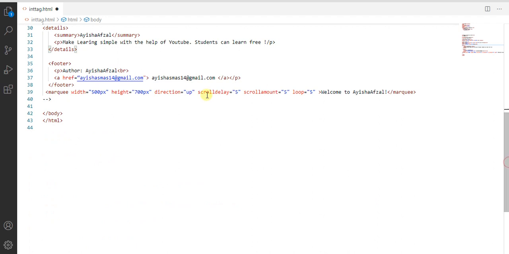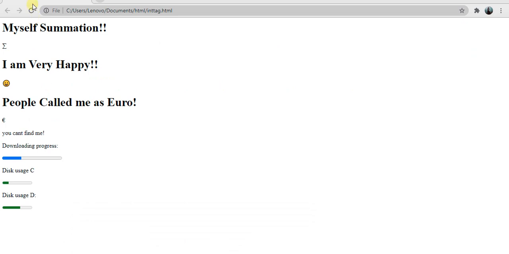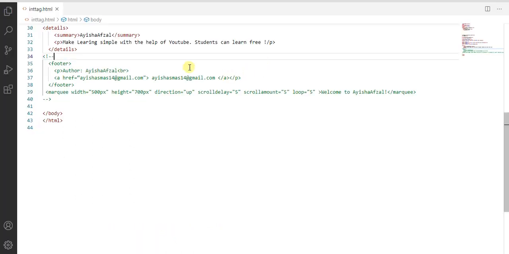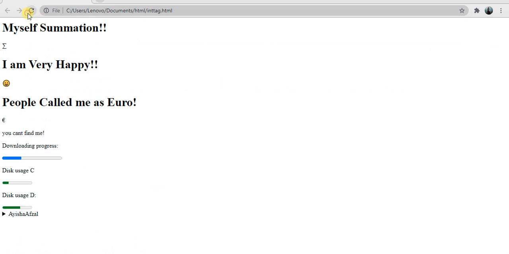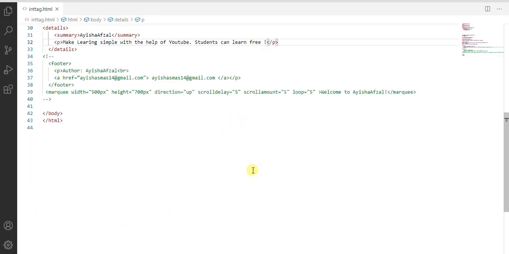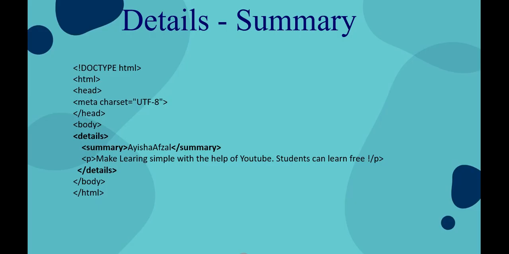After this details tag, I commented. Now see, this is the summary. If you want the detailed value about this, we can click this and see the detailed value. Fine, something is mistaken. Here I left out the less than symbol. Now you can see, this is the summary. After clicking this, detailed information will be displayed here. Try to solve as many errors, then only you can learn many things.